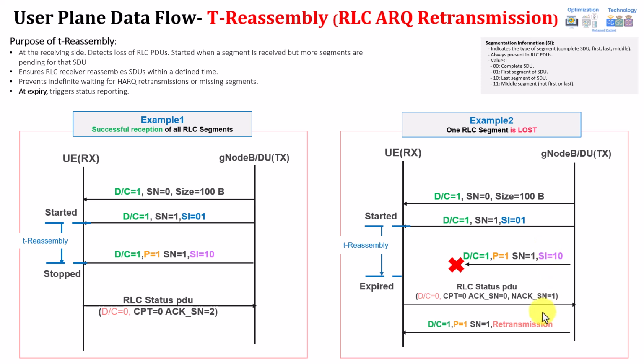I did receive a non-acknowledgement for sequence number 1. I just acknowledged the first one, but this one I didn't receive. Please retransmit it again. So the gNB or the transmitter will retransmit DCI 1 sequence number 1 again, for the part which was not acknowledged, which is this particular area.